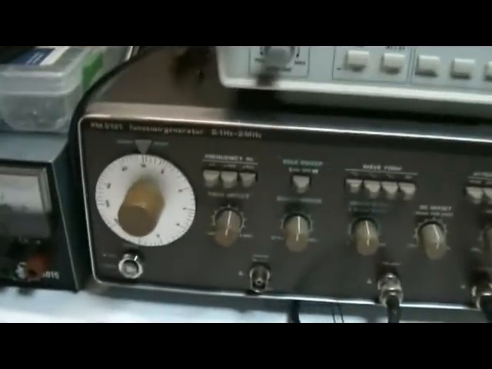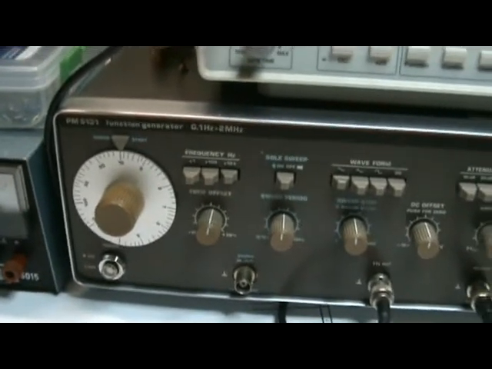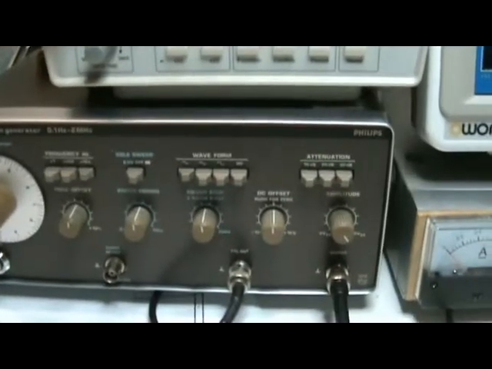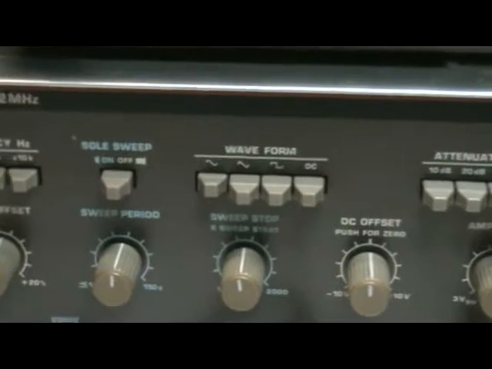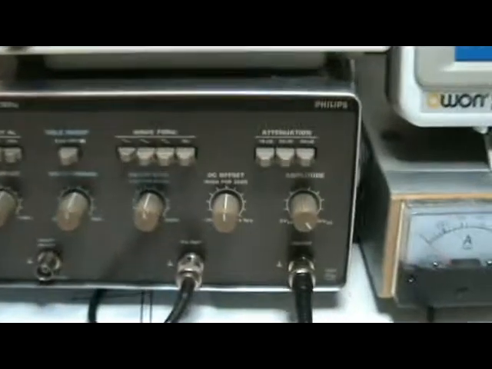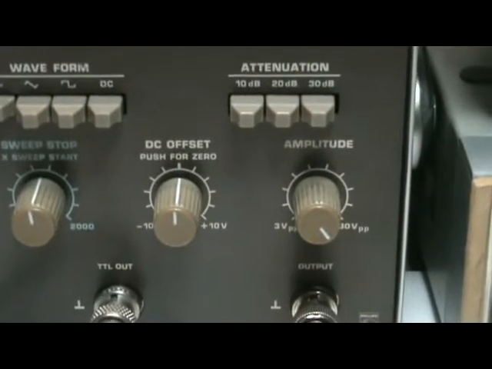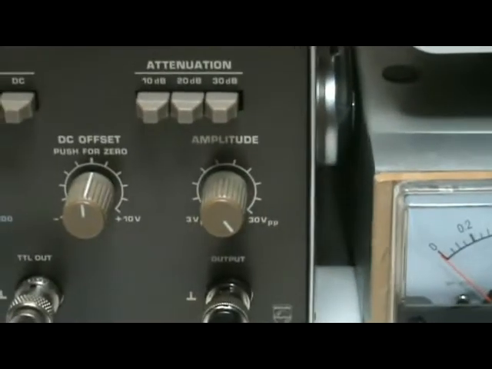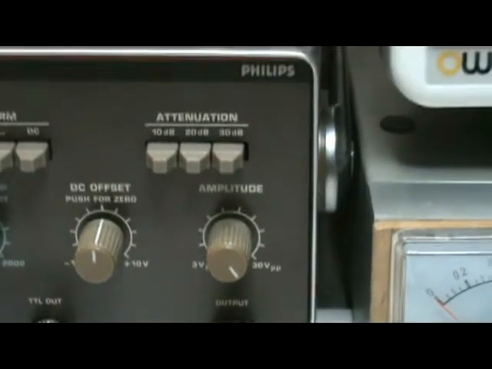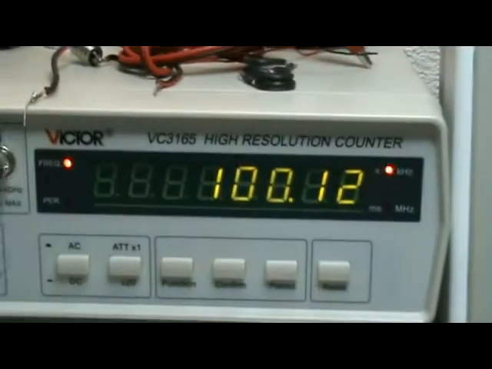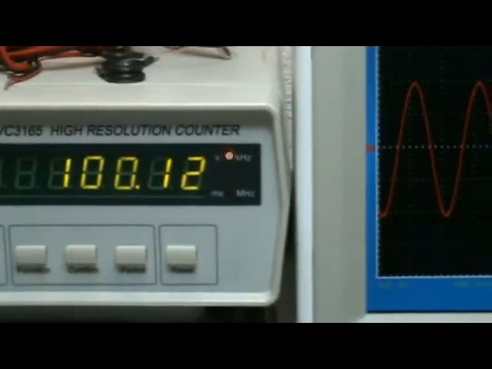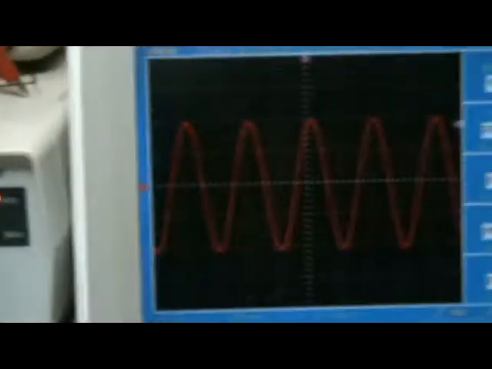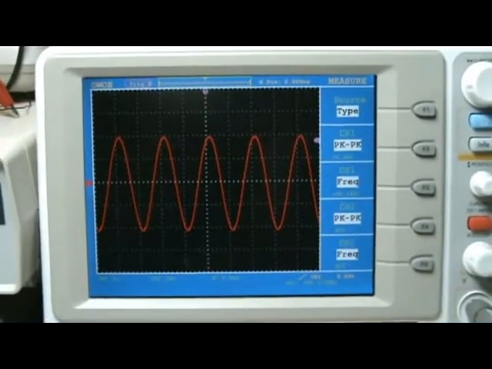I'm at the moment at 100 kilohertz, in sine wave, at maximum amplitude, which should be 30 volts without any load. Frequency counter reads 100.12 kilohertz, and this is the scope picture